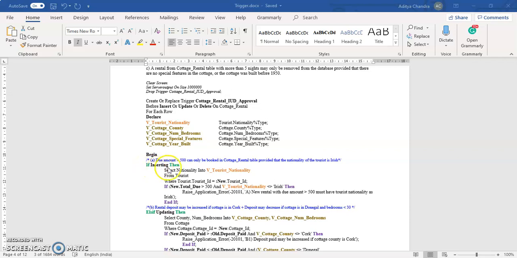So we say if inserting, then we select the nationality of the tourist from the tourist table based on the new tourist ID of the newly inserted record, and we check if the total due amount of the record we want to insert is more than 500, and if the nationality of the tourist is other than Irish, then the trigger will raise an application error with the statement: a new rental with due amount greater than 500 must have tourist nationality as Irish.